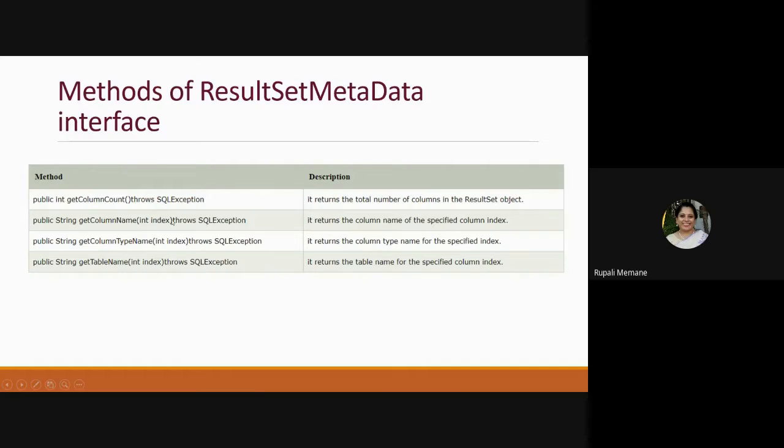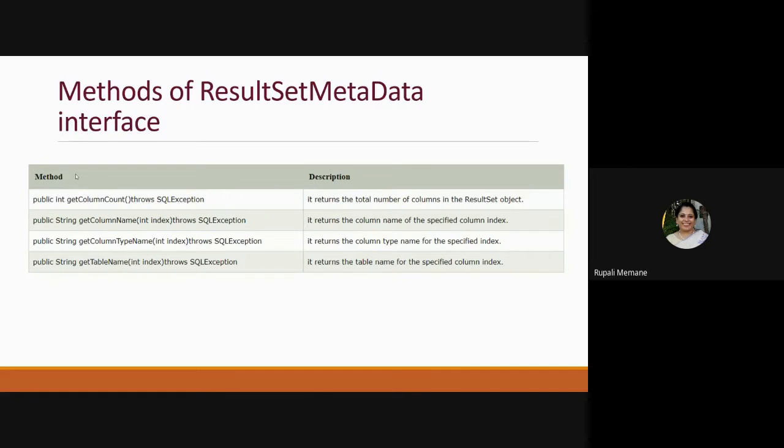So getColumnName returns the column name of the specified column index. You need to pass the index number of that specific column and it is going to retrieve it. Like what I said, you don't know what the tables are and you want to return them, so I ask what is the first column, what is the second column, and so on. With these methods, I can return that.